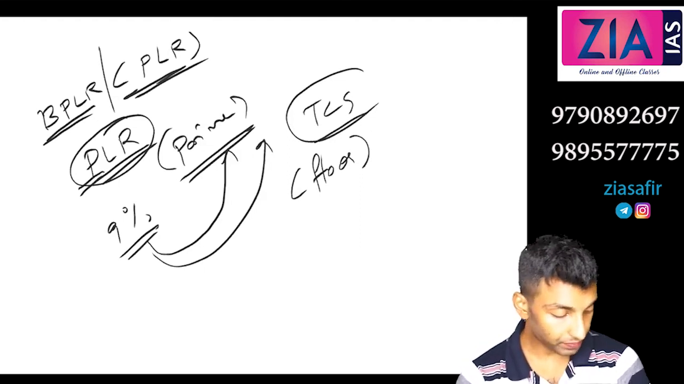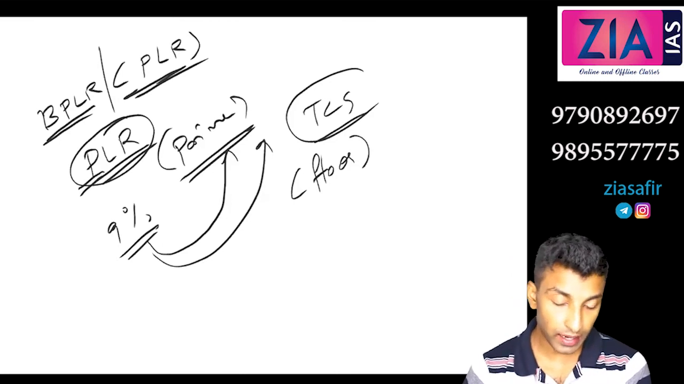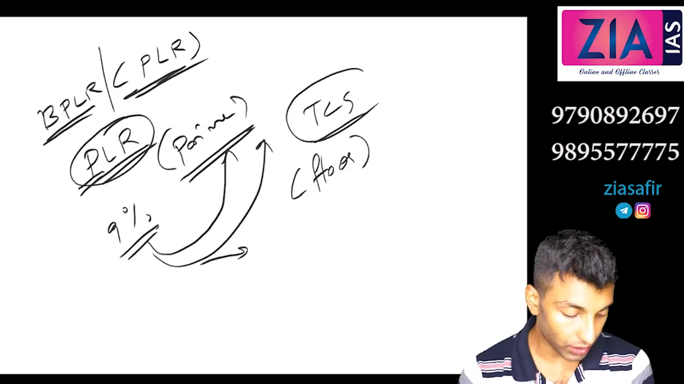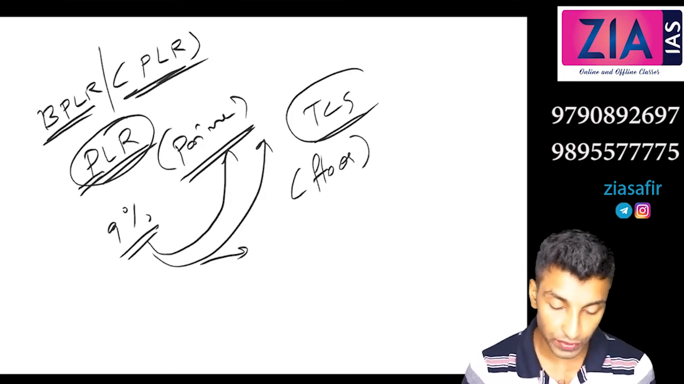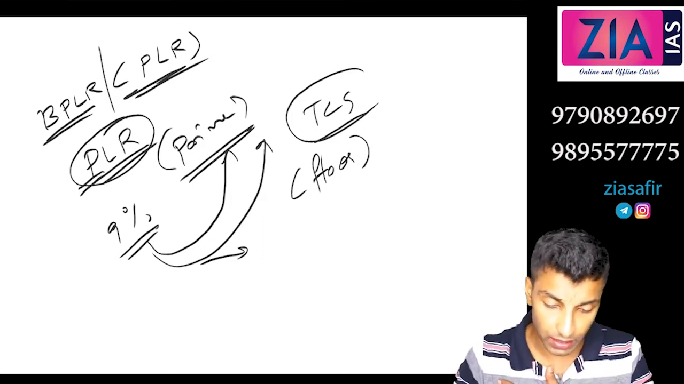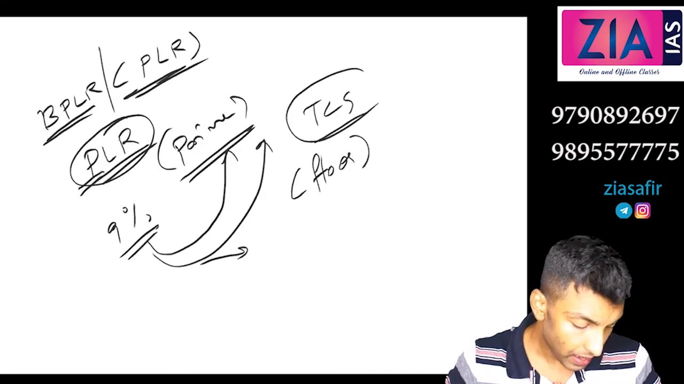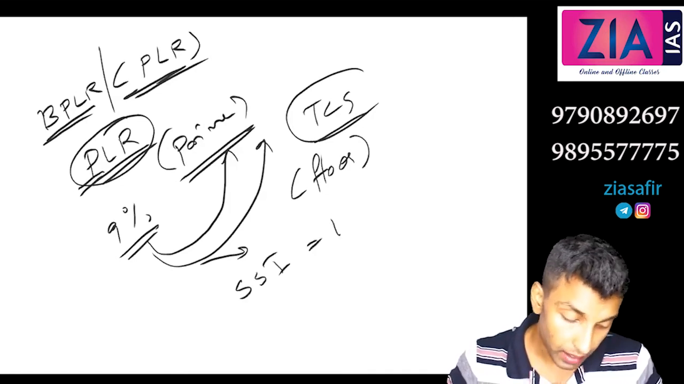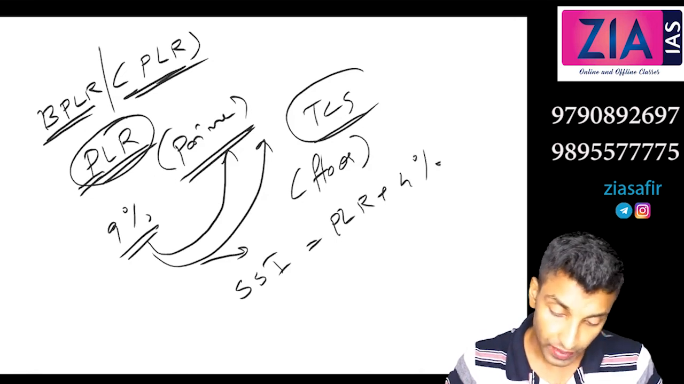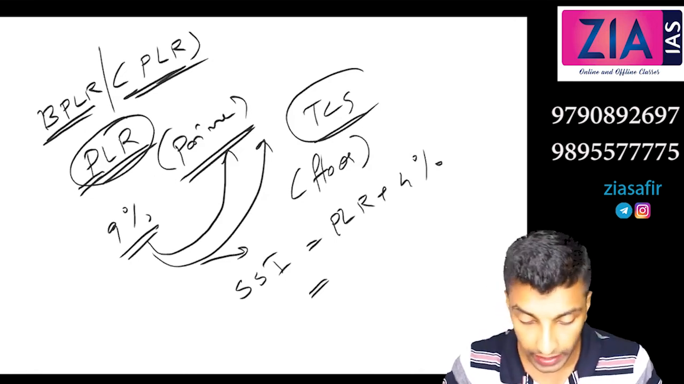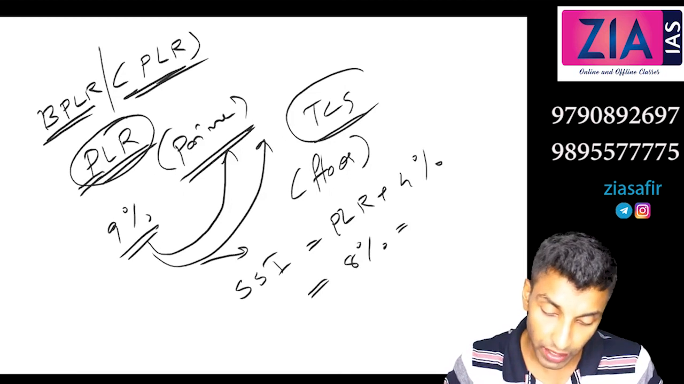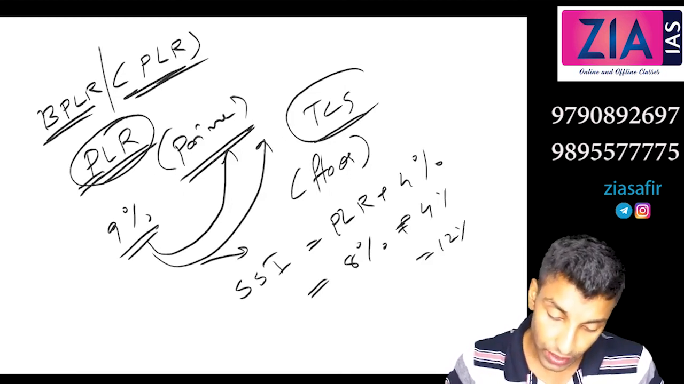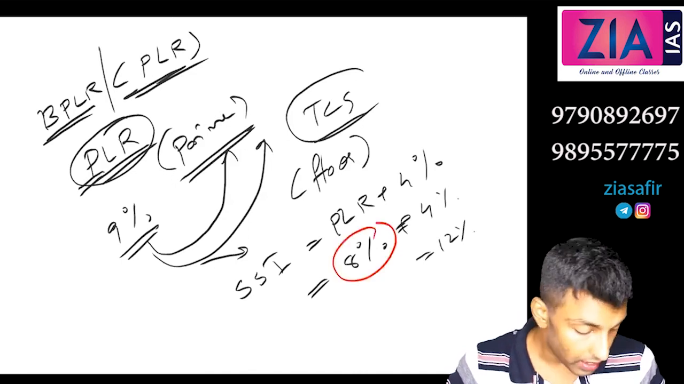So is that okay? This is an interest rate which serves as the reference for the interest rate of other customers. For example, RBI says the interest rate for SSI, small scale industries, should be PLR plus 4%. If the prime lending rate is 8%, it should be 8% plus 4%, that is 12%. So this will serve as the reference rate